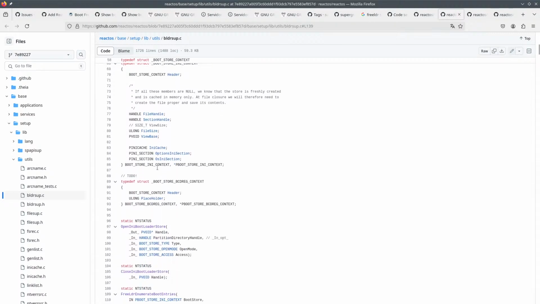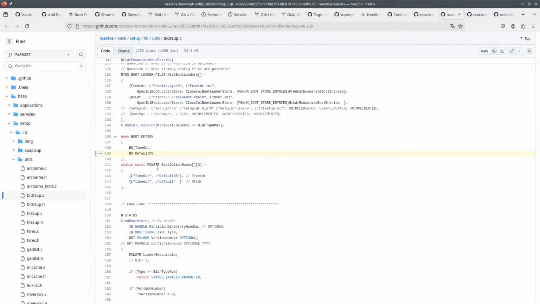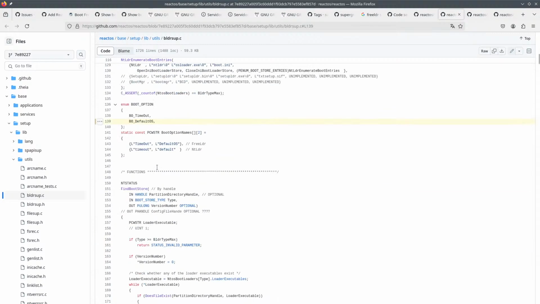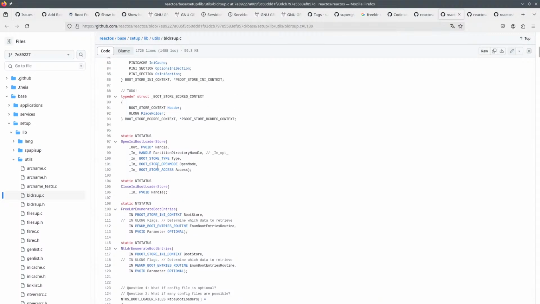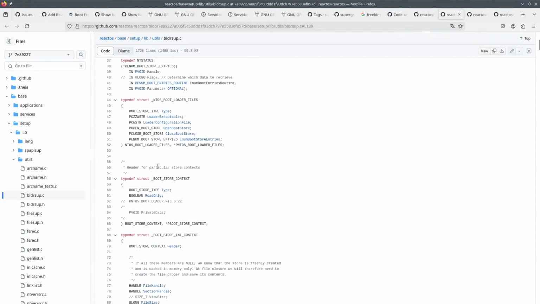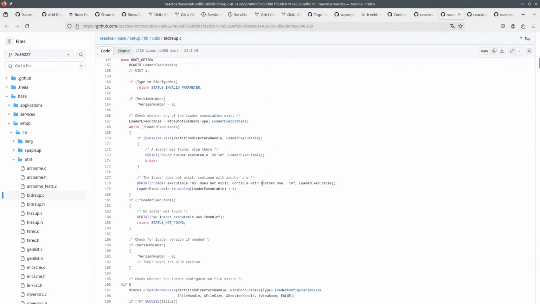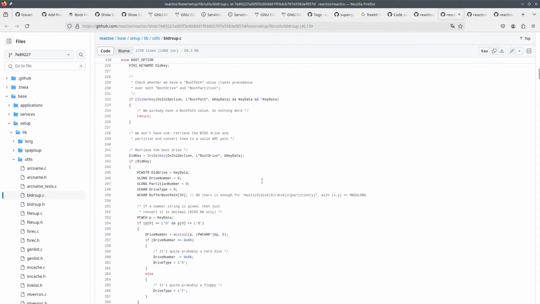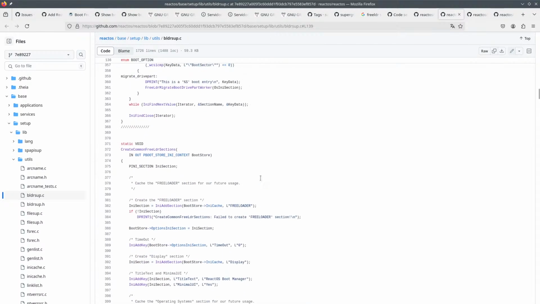Boot store content. Boot option. Yeah, but how would you implement this thing here? Migrate boot drive. Oh my god.